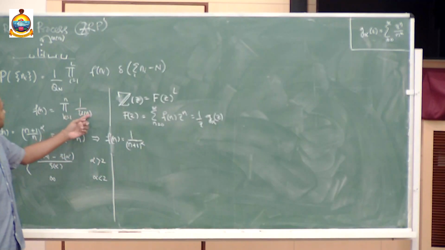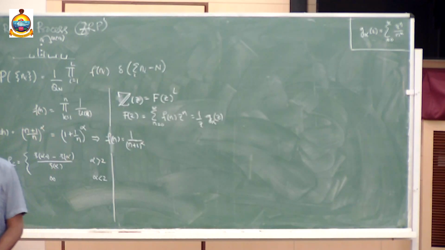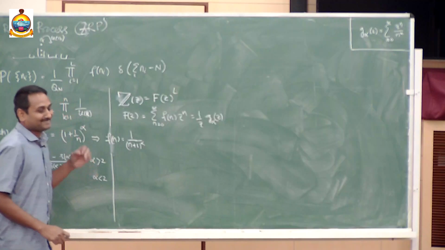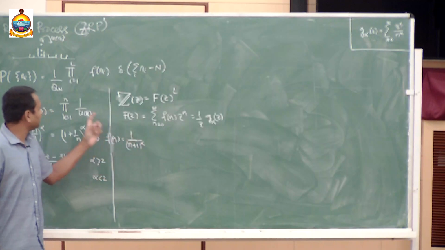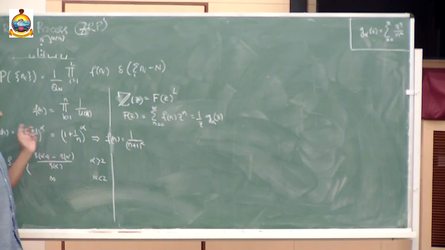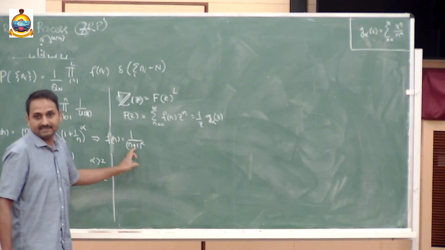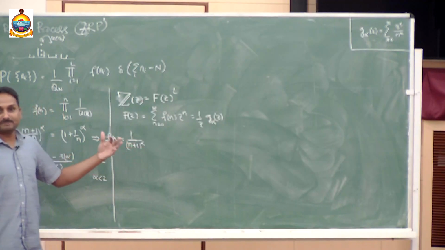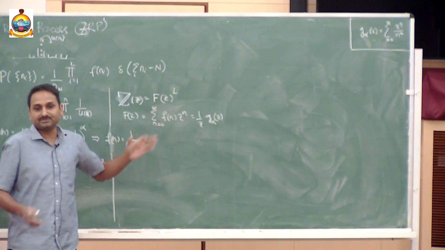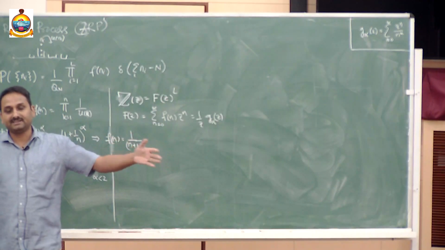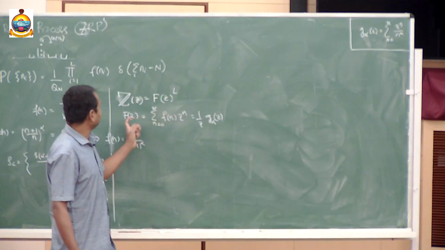Here fn is just the product over this, and I had written it wrong; it is uk, with k equal to 1 to n. So fn equals 1 by n plus 1 to the power alpha, because if you take this product, everything cancels and only the last one survives. This asymptotically goes as 1 by n to the power alpha. So why am I talking of a probability function? Because Fz is a single site partition function. If you go to the grand canonical one, it's just a product of that, and this is just a single site partition function. So if you look at this, fn z to the power n divided by Fz,